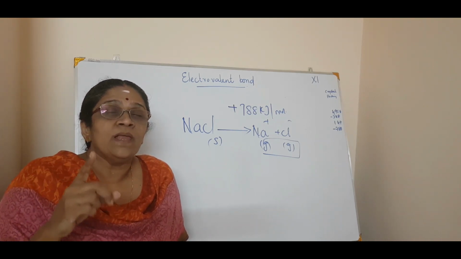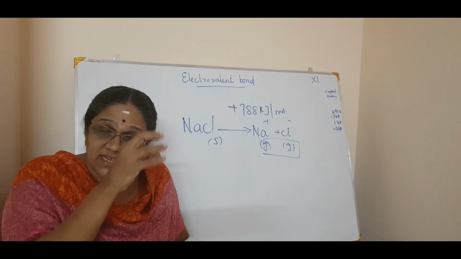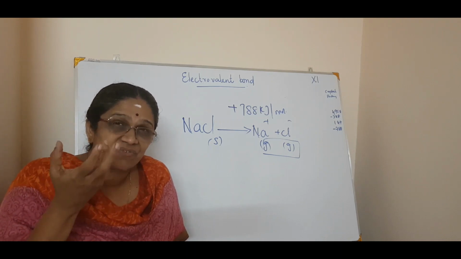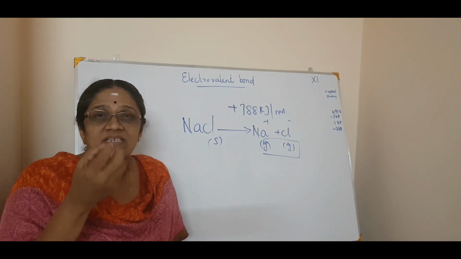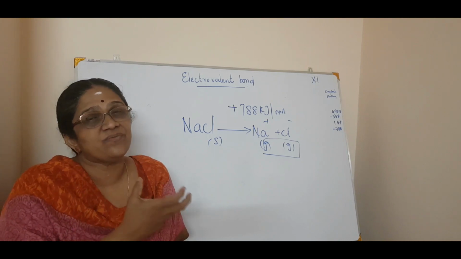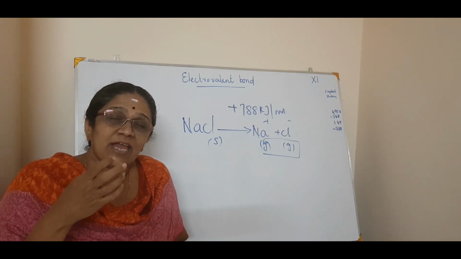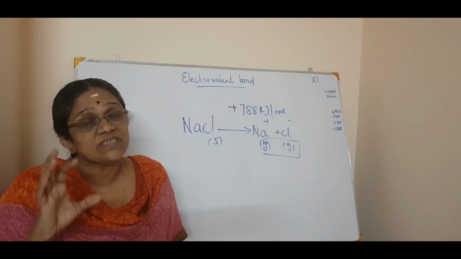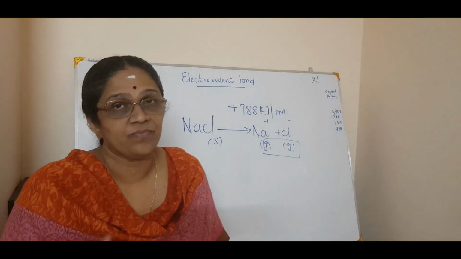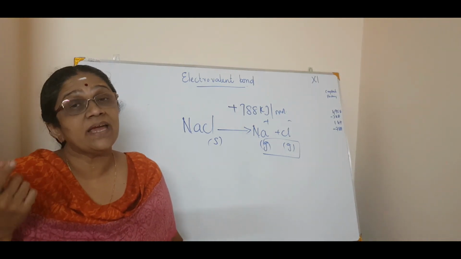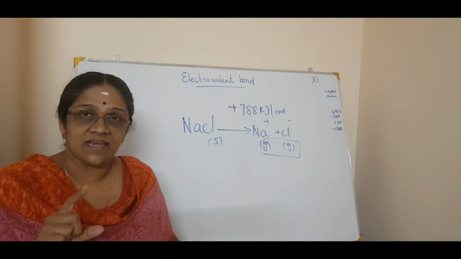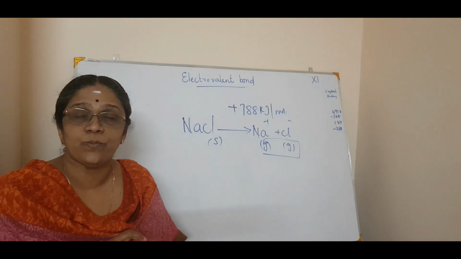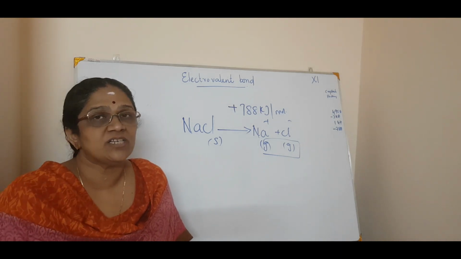Not only this factor is related to lattice theory; the parameters related to the crystal structure also matter in the case of lattice energy. So lattice energy can be found out indirectly. That also you will study in thermodynamics, not in Hess's law as such, but in the Born-Haber cycle. With the Born-Haber cycle, you will calculate the lattice energy of NaCl, how you got this 788 kilojoules per mole. That's why thermodynamics is a very, very important chapter.